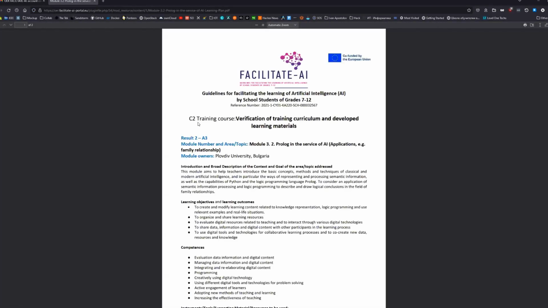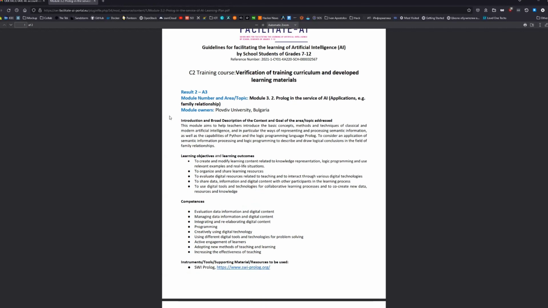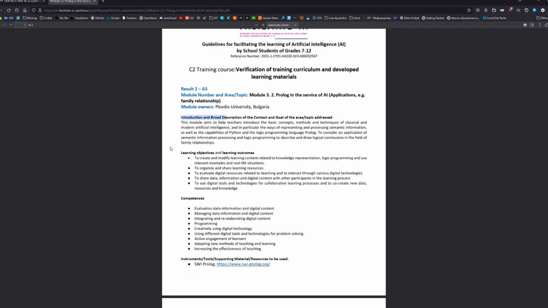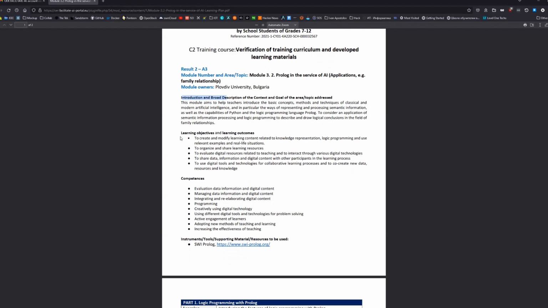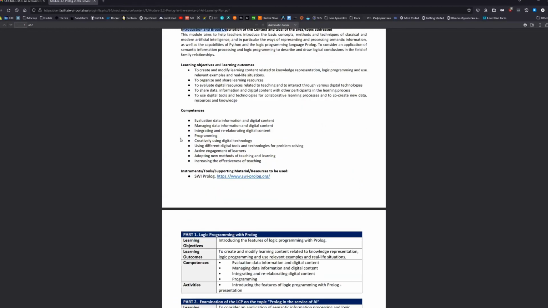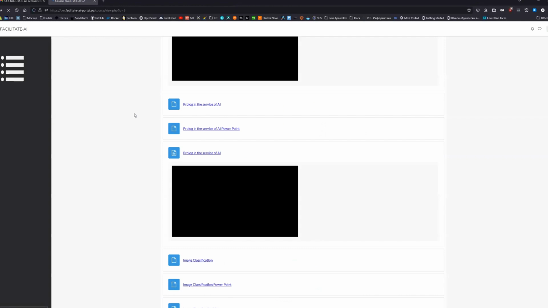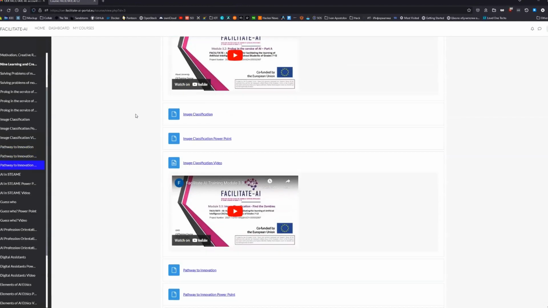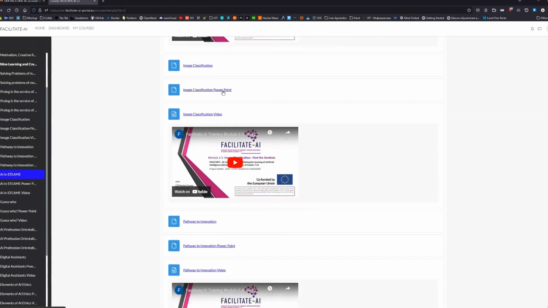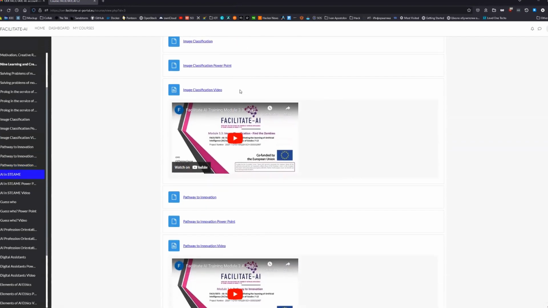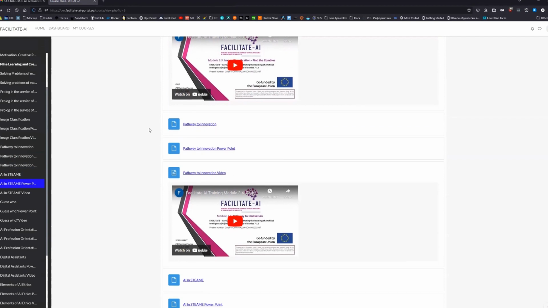This is the learning plan. And again, we can see the introduction, learning objectives and learning outcomes, competences, and again the tables with activities, competences, learning outcomes. After that, we have the image classification learning plan, image classification PowerPoint, and the video.